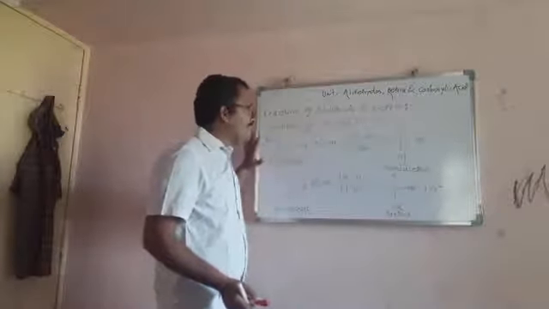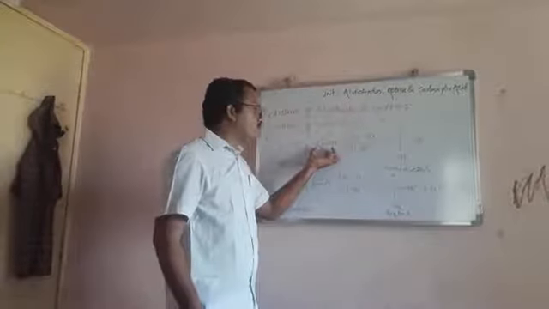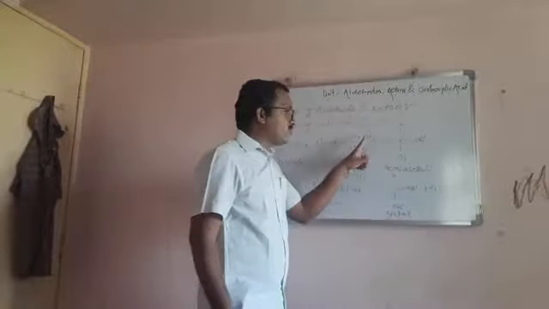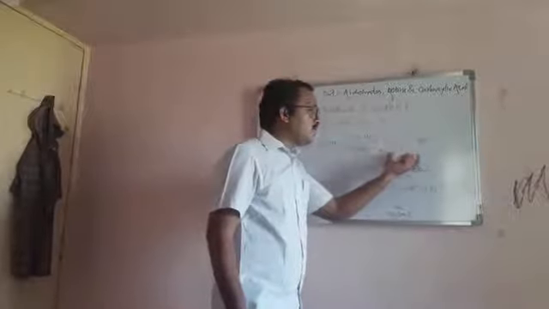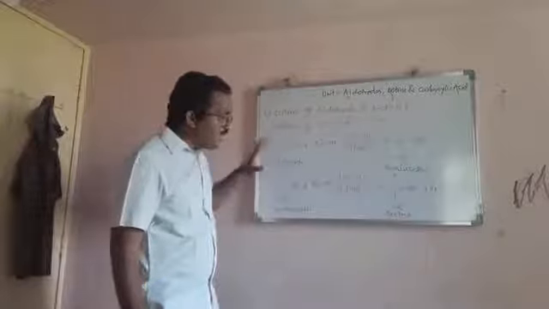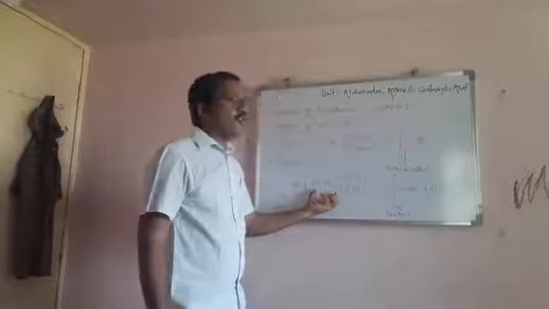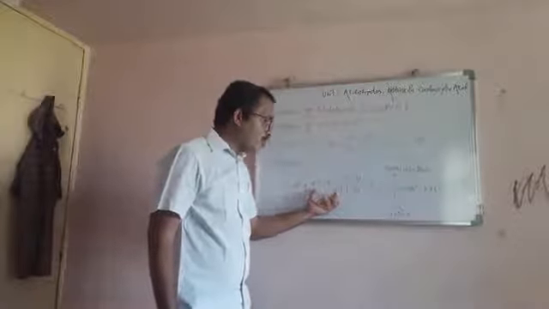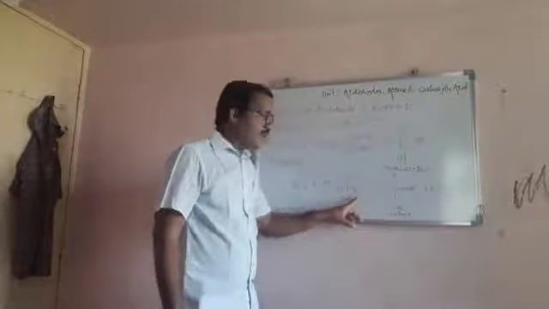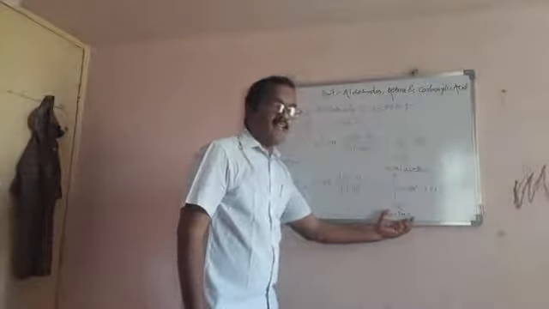I have to repeat these reactions once again. When an aldehyde reacts with a monohydric alcohol in presence of dilute HCl, it gives a hemiacetal. This hemiacetal again reacts with another molecule of monohydric alcohol in presence of dilute HCl to give the corresponding stable compound, the acetal. This is the general reaction.